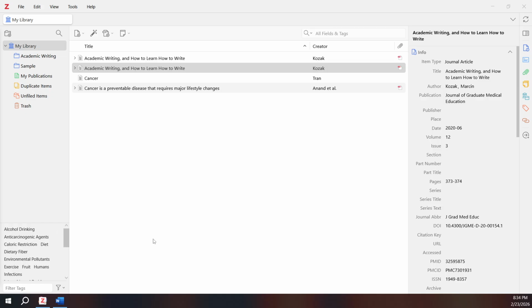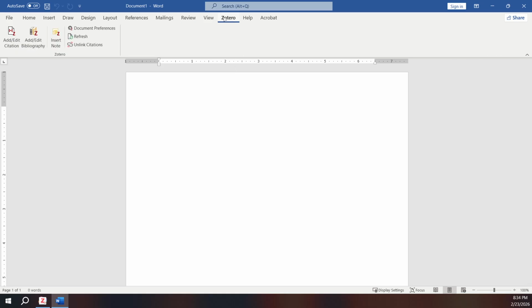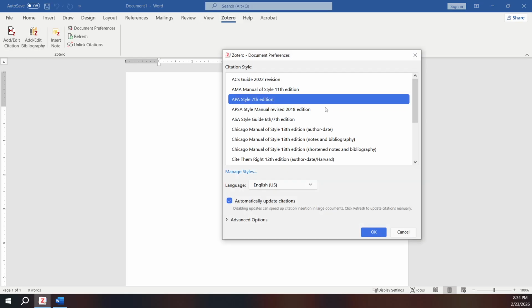Next, look along the top ribbon for the Zotero tab. Click it to reveal the Zotero toolbar that controls your citations and bibliography inside Word. If you're just getting started in this document, click Add/Edit Citation. This is the button you'll also use to insert sources, and it's what prompts Zotero to link the document to